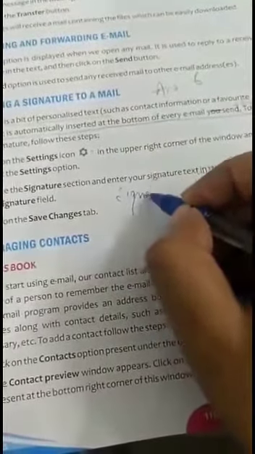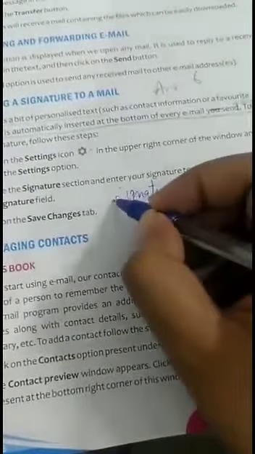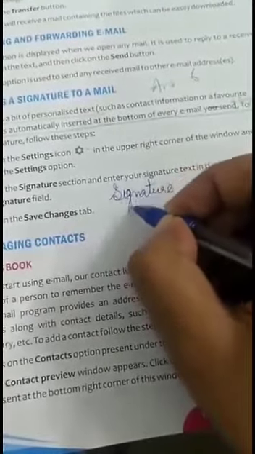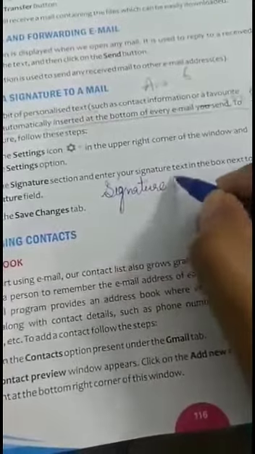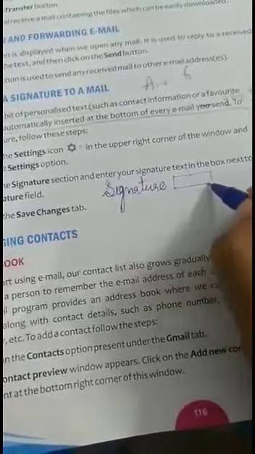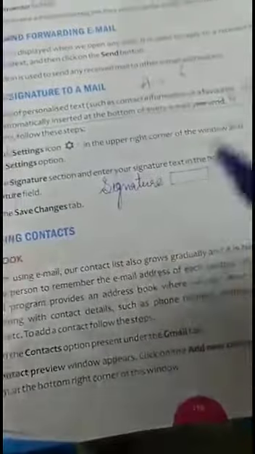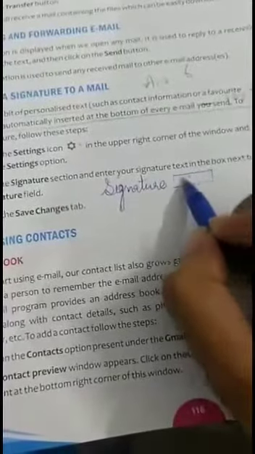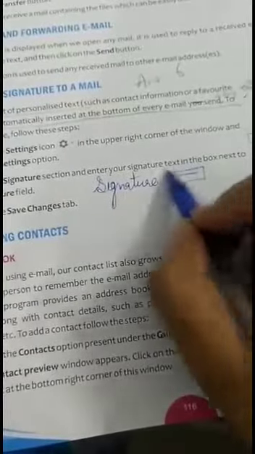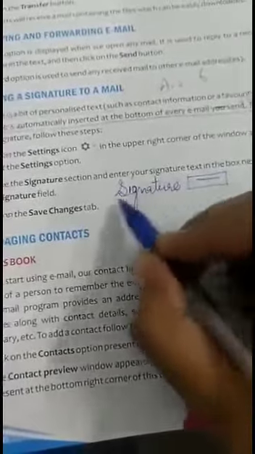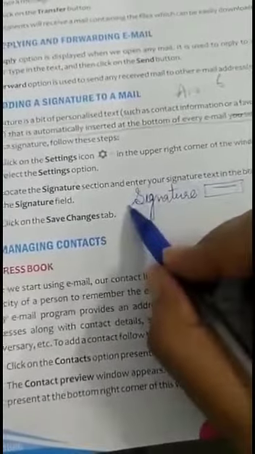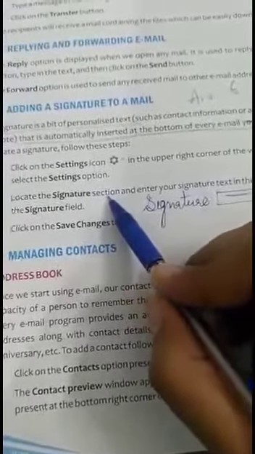This is the signature field, and next is its text box. You need to enter your signature text here. This is the box that is next to the signature field in the signature section.